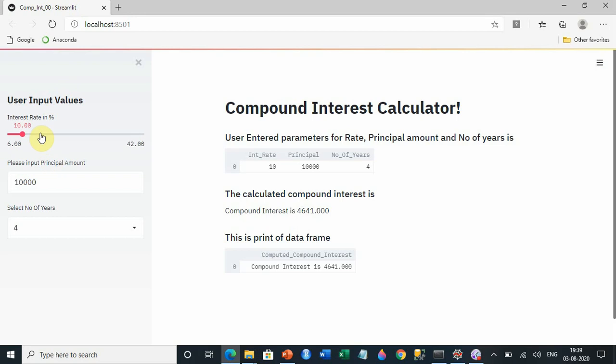How do you pass parameters, whatever you have selected from here to here? Like right now, if I want to get compound interest for 3 years, it is updating here. Yeah, it has become 3 here. If you make it 10,000 to 20,000, it's coming here. So how do you take this user input and display back the output here? How it is coming like a text, and all those things I am going to explain. Let me help you step by step.